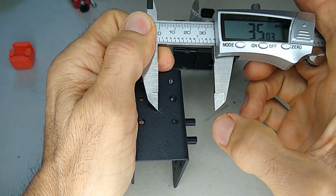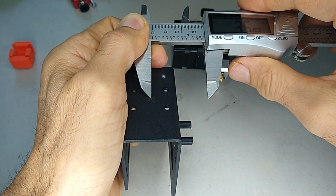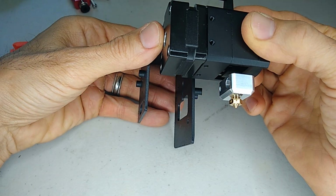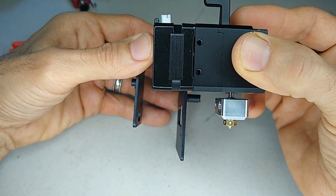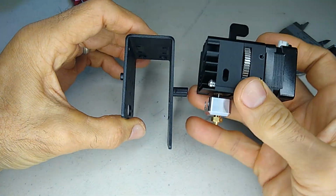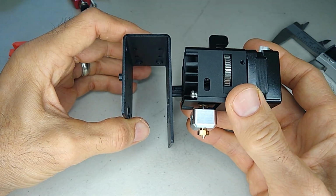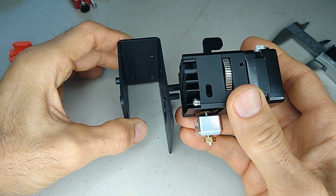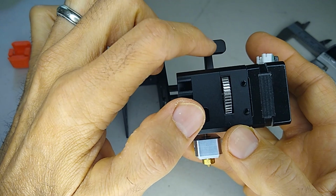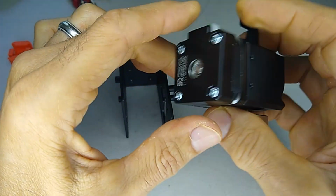All right, so our tip needs to be right around here. So I don't think we're gonna be able to do it this way. Maybe this way. All right, I think it's gonna have to be this way, and the reason is because on this side, you have this handle sticking out here. So if I was to do it this way,